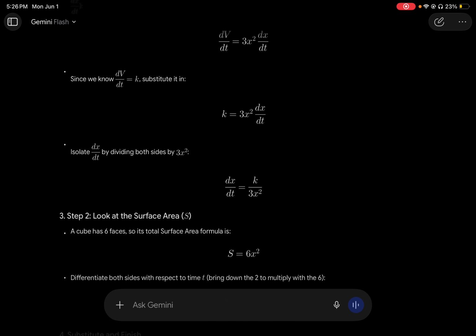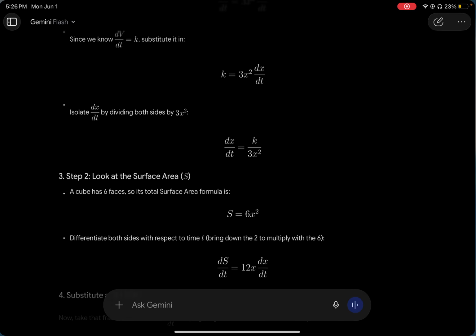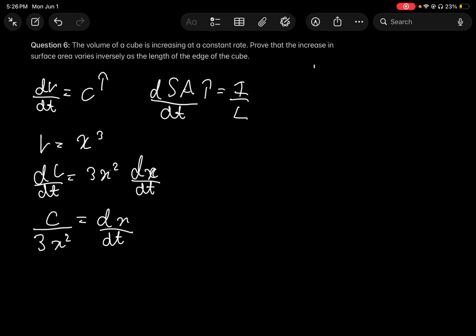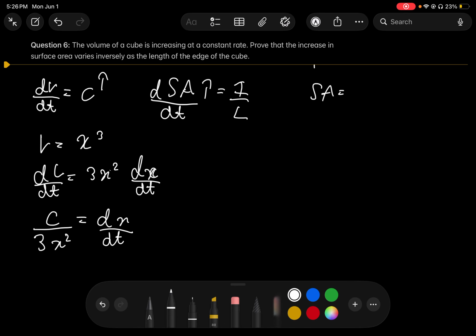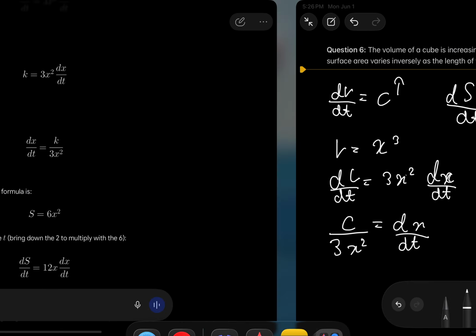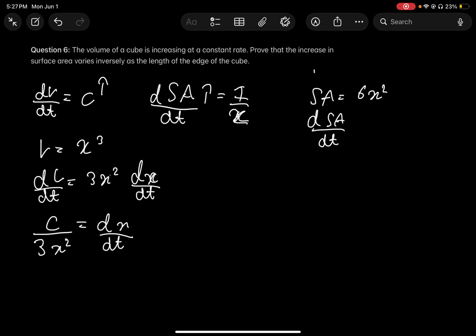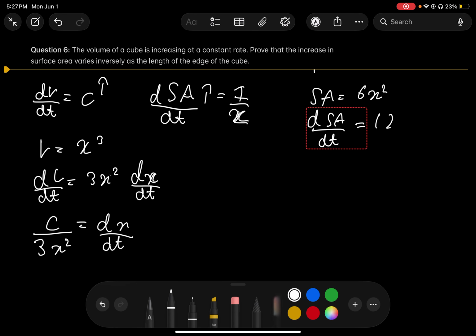है ना? ठीक है, लग रहा है सरफेस एरिया का फॉर्मूला होता है 6x स्क्वायर। सरफेस एरिया क्या होता है क्यूब का 6x स्क्वायर, है ना? तो अब इसको इंटीग्रेट करते हैं, डी एस सरफेस एरिया बाय डी टी। ये टाइम से नहीं होगा, मैं गधा है ना, टाइम से होगा। अच्छा, ना ना, 12x।